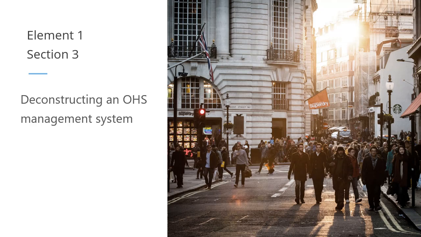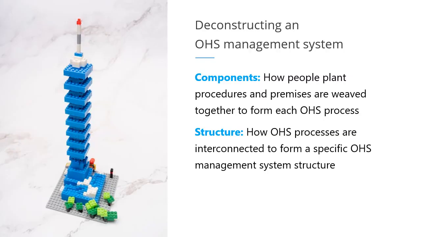Element 1, Section 3, we shall be deconstructing an OHS management system to understand its components and its structure. To audit an OHS management system, you as an auditor must have a complete understanding of the OHS management system. For example, what constitutes an OHS management system, that is, its components and how the processes are interconnected to form